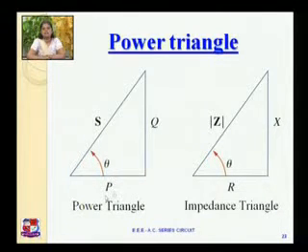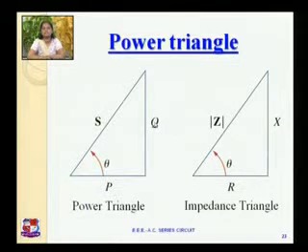This real power is related with the resistive element, so it is always on the reference axis. Q is the reactive power, it is related with the inductive or capacitive element, so it is always on the vertical axis, maybe in upward direction, maybe in downward direction, depending upon the circuit elements. If it is an inductive element, then it is like this. If the capacitive elements are more than inductive element, then it goes in downward direction. And S is the apparent power, and this theta will indicate the power factor of the particular circuit due to resistive and